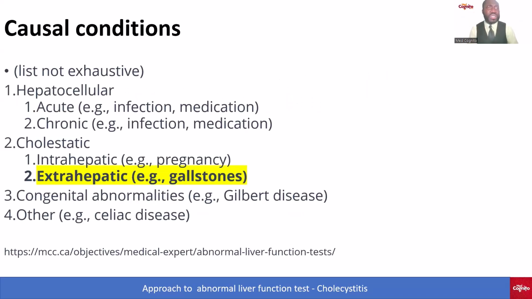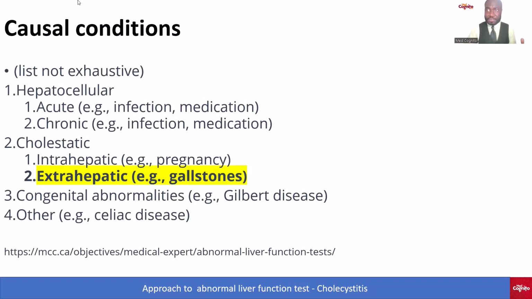Causal conditions include hepatocellular conditions like acute conditions. So, for example, infections, like hepatitis and all those things. Then it goes on to say medication. Then it goes on to say chronic conditions like infections, medication again. Then cholestatic, that is, things which have to do with the gallbladder. Intrahepatic, that's pregnancy related, and hepatic, that is gallstones. And I've intentionally hinted on the gallstones because I'll be focusing today's class on that. Now, there can also be congenital abnormalities like Gilbert's disease and other conditions which can cause abnormal liver enzymes like